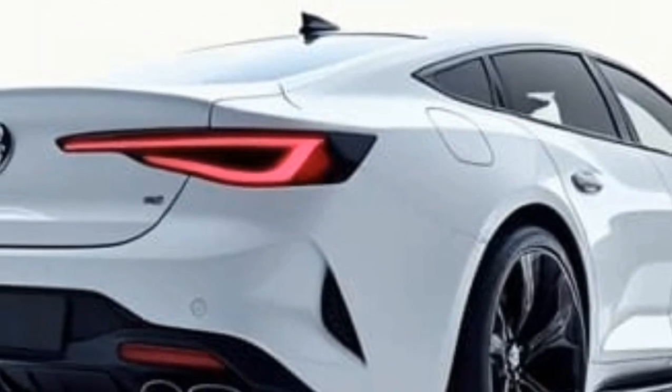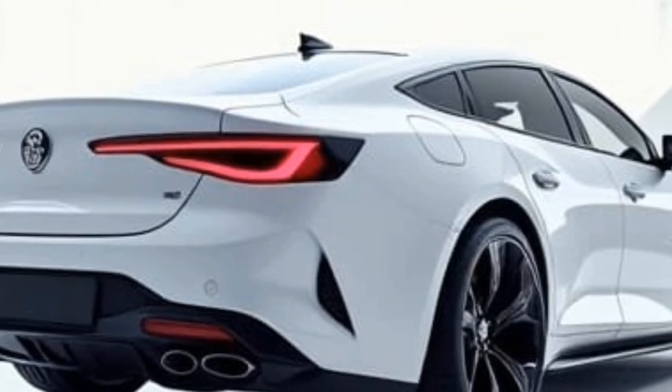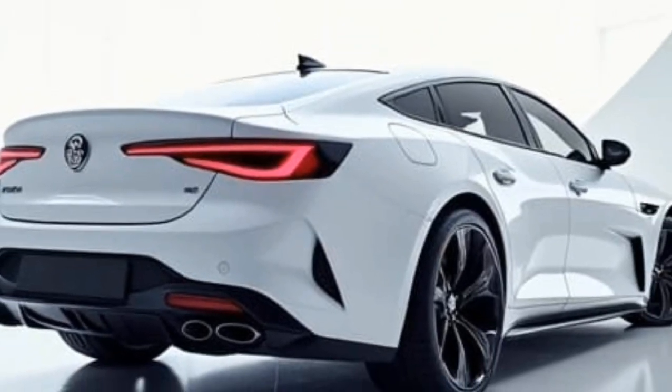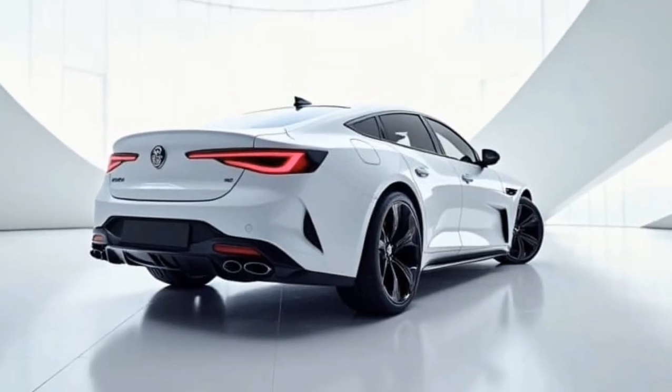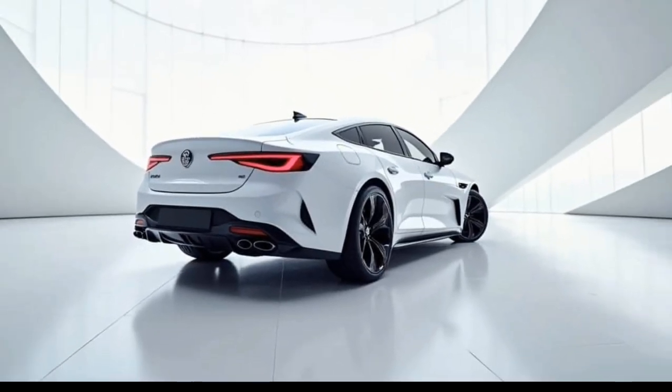What really sets the Commodore apart, though, is its heritage. For decades, the Commodore has been a symbol of Australian motoring, and this latest model continues that legacy with a blend of modern technology and timeless appeal. It's a car that doesn't just